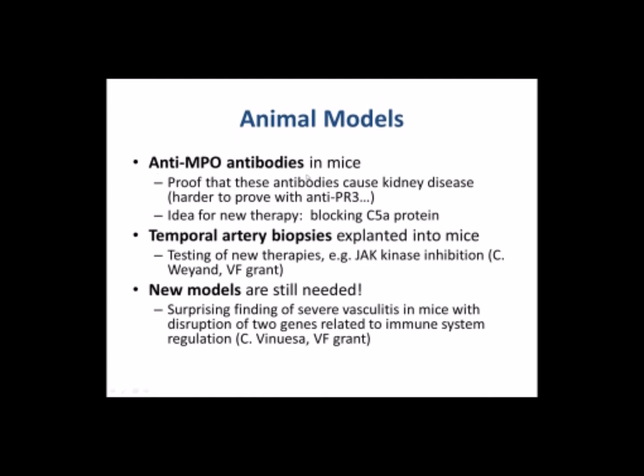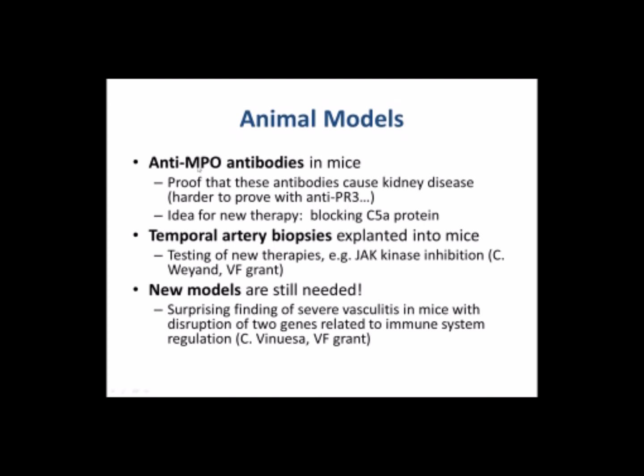So the biggest one was probably being able to generate antibodies to myeloperoxidase, or MPO, and then to show that just injection of those antibodies into healthy mice caused kidney disease that looks identical to what happens in patients with MPA. Now, not everything else happens to these mice, and it's been much harder to use anti-proteinase 3, or PR3, antibodies to do the same thing. So we don't have the sort of proof that PR3 does the same thing, although I think it's very likely. But that helps. That, again, argues that, yes, these antibodies aren't just a marker of the disease. They're actually causing something, and getting rid of them is likely to be helpful.